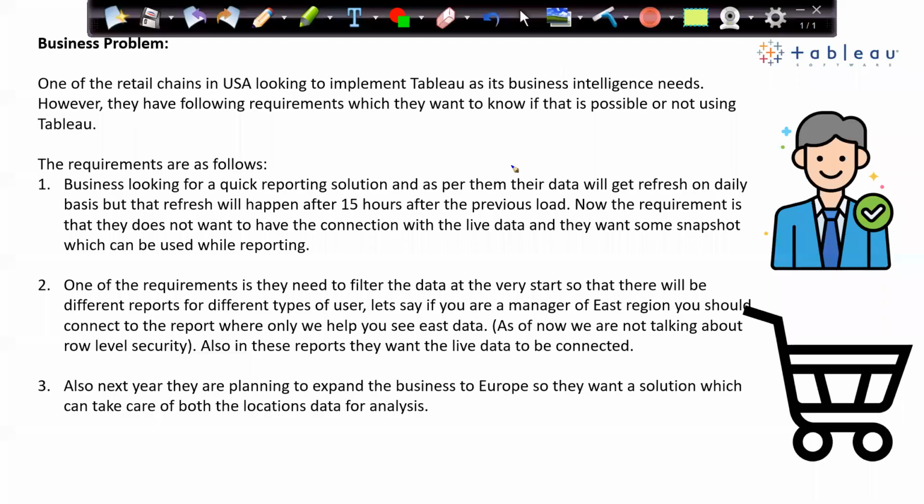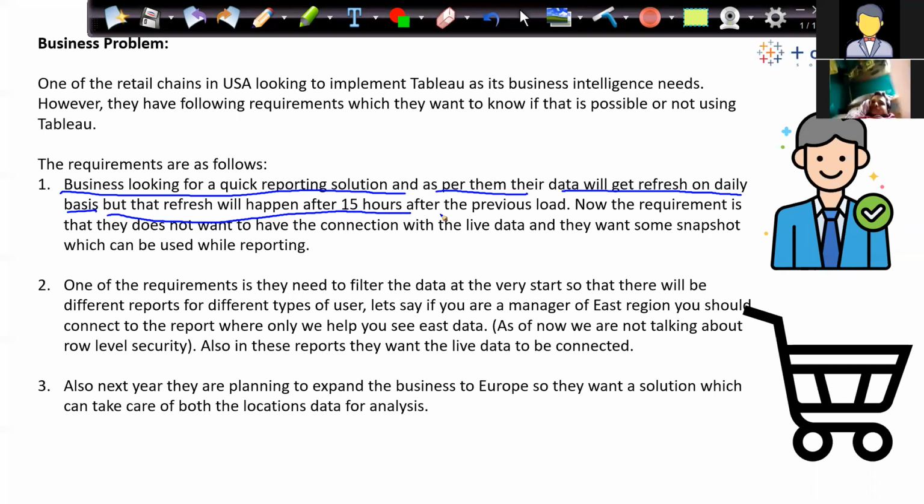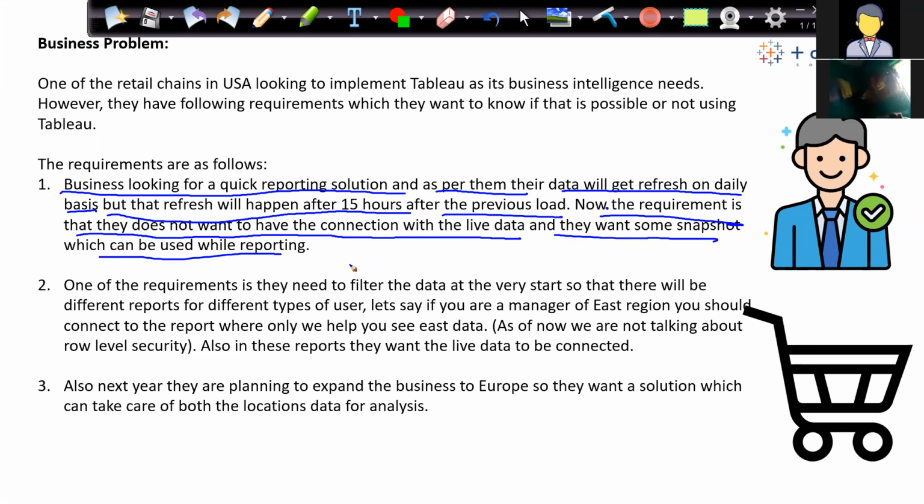So now, as per the business requirement, the business is looking for a quick reporting solution. As per them, their data will get refreshed on a daily basis, but the refresh will happen 15 hours after the previous load. Now the requirement is that they do not want to have a connection with the live data, and they want some snapshot which can be used while reporting.